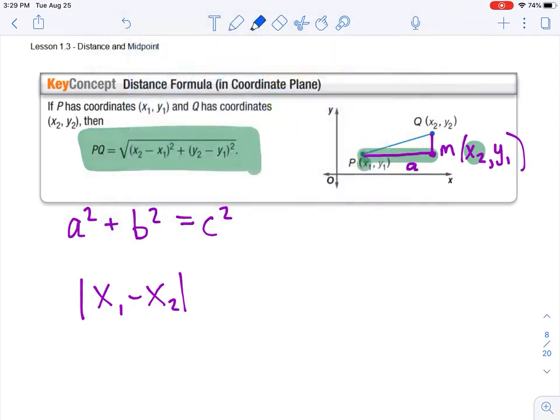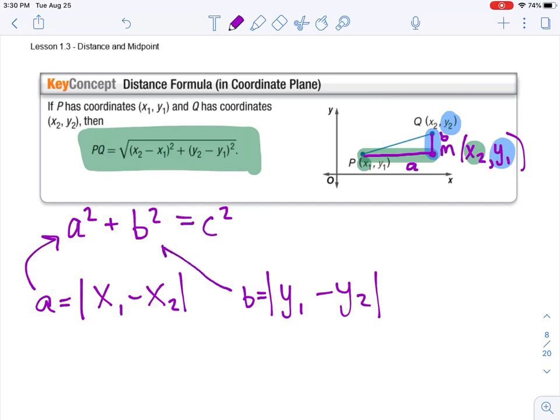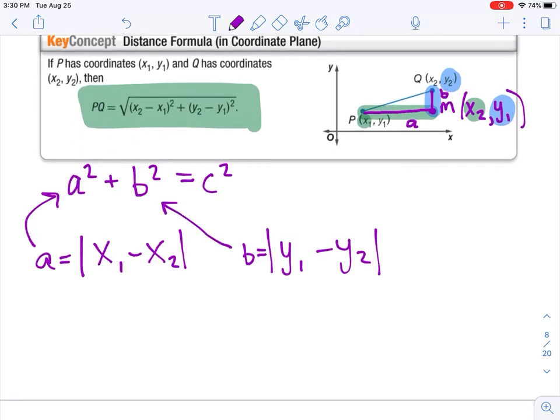To find the distance between Q and M, we're going to use our y values, y1 and y2. And as we did on the last problem, we take y1 minus y2, and we're going to call that guy b. So if this guy equals a, and this guy equals b, like it would in our triangle, we can go ahead and plug these into our Pythagorean theorem. So we have the absolute value of x1 minus x2 squared plus the absolute value of y1 minus y2 squared